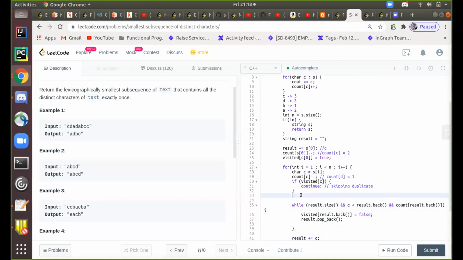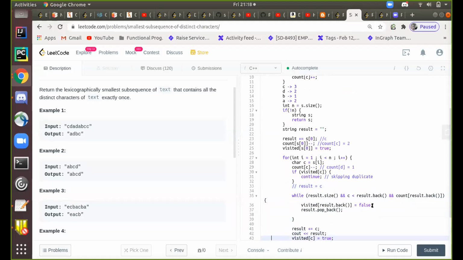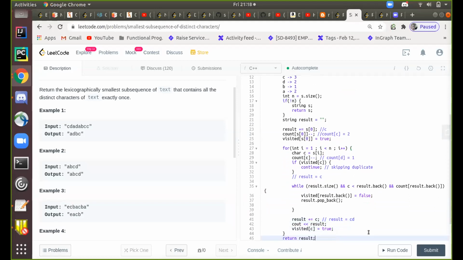I have C in my result. So this is not smaller, right? D is larger than C, so I'll not go in this loop. I'll simply append. So now my result becomes CD.